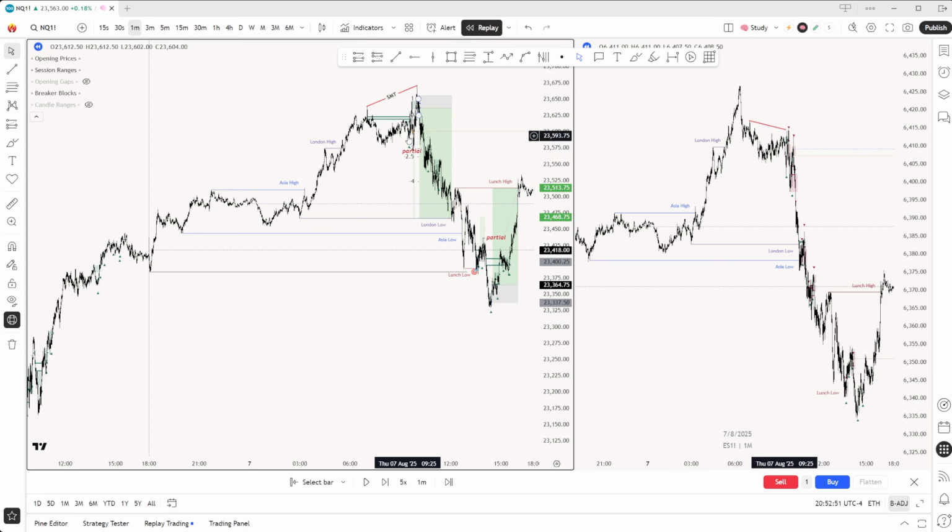Is this a retracement or an expansion? I don't care. It does not change anything for me. All that I need to know is that I can now look to short. So for me, that's how I go about things.